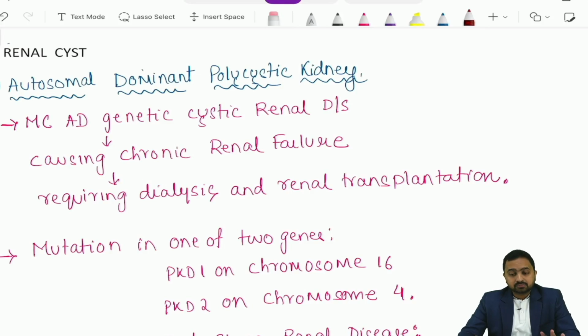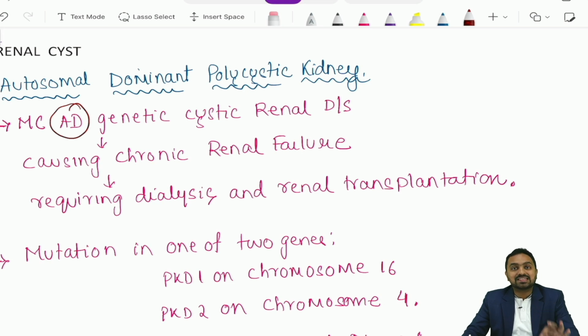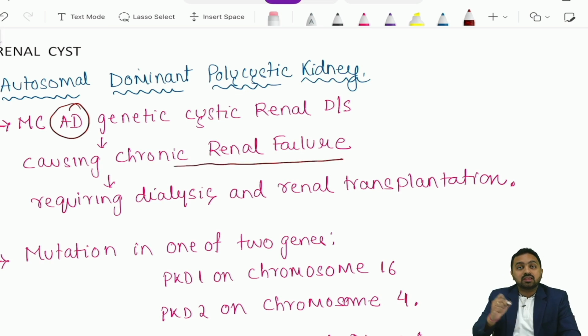Renal cyst. So we shall be discussing two important renal cysts, which are autosomal dominant polycystic kidney disease and the Bosniak cyst classification of renal cysts. So let's begin our discussion with autosomal dominant polycystic kidney disease. Now it is the most common autosomal dominant genetic cystic renal disease causing chronic renal failure, requiring dialysis